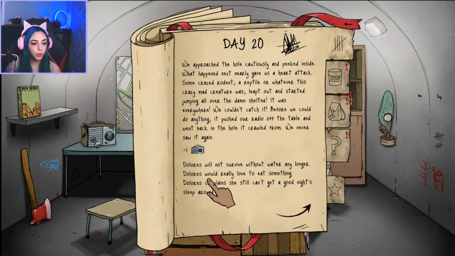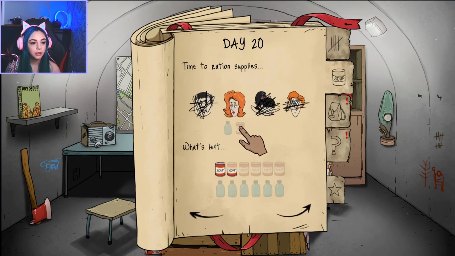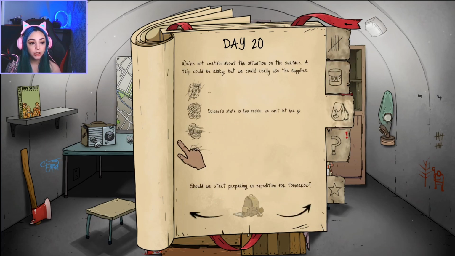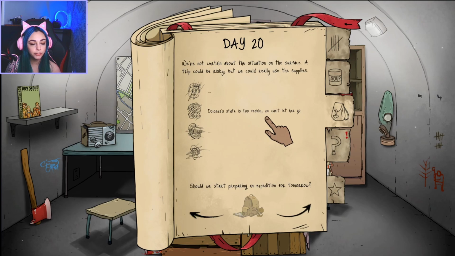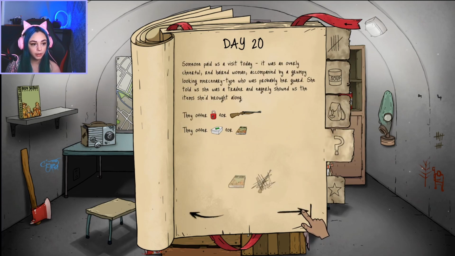Okay, water. She'd like to eat something. She can't get a good night's sleep around here. Have I got any water? I should have got more water. Okay. Dolores' state is too feeble. Can't let go. Okay. Med kit, but